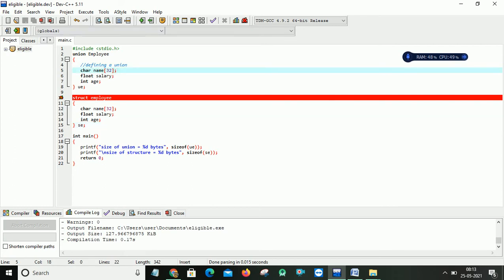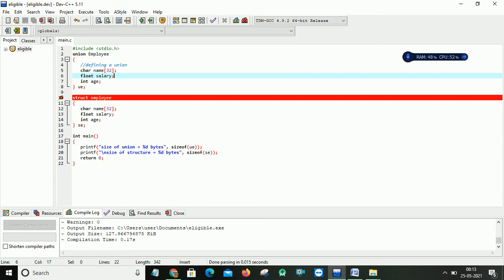In the employee union I declare 3 data members, and this will take 32 bytes, this will take only 4 bytes and this will take only 4 bytes. So it will choose the maximum data member, name, and it will reserve only that much memory for a union. So by using unions we can save internal storage and reduce internal wastage.